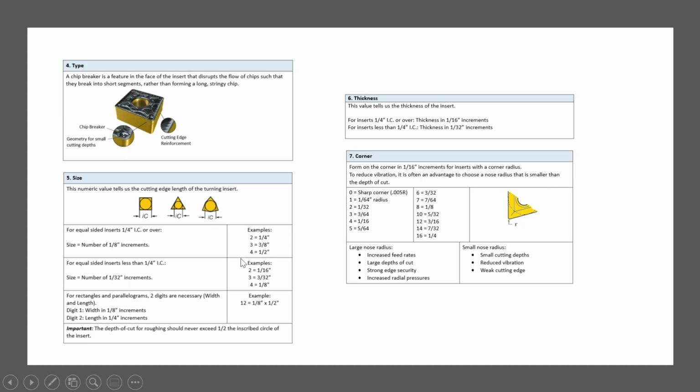That means a combination of both, for example 1/8 into 1/2. Depth of cut for roughing should never exceed 1/2 the inscribed circle of the insert. Next is thickness. This value tells about the thickness of the insert. A direct value can be considered.